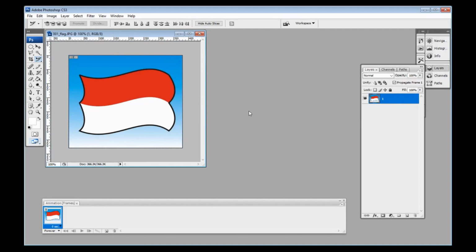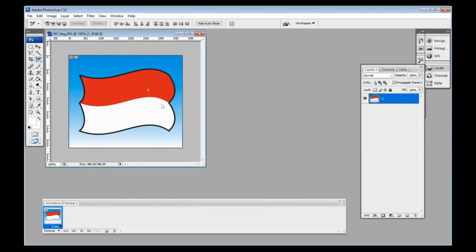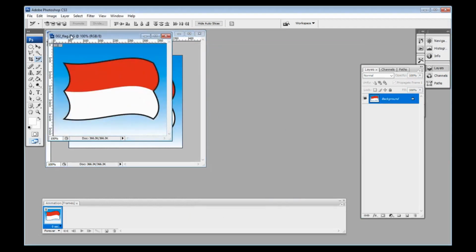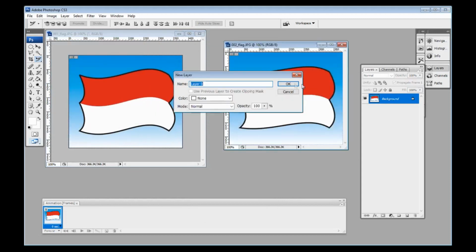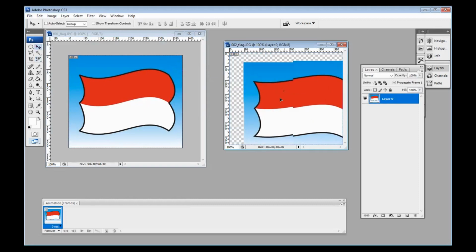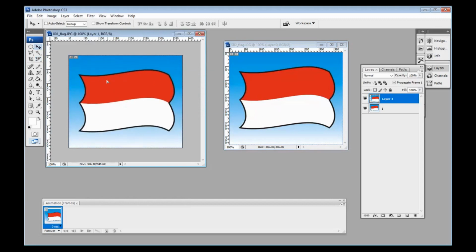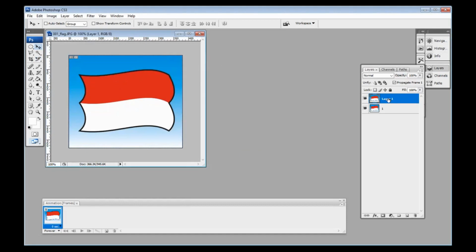Okay, after that we can open this 2. I will change the layer and then I move here. Okay, it's the same position. Okay, it's number 2.